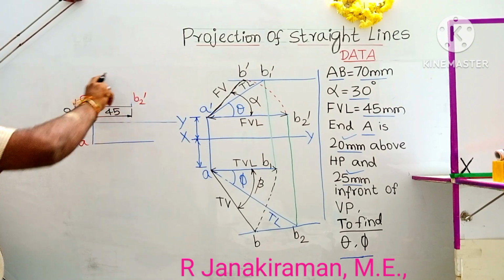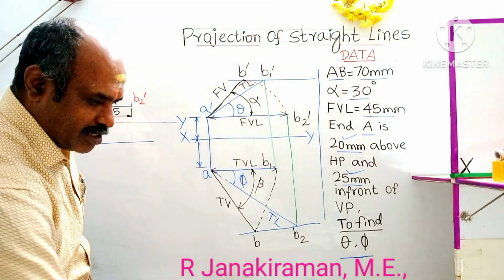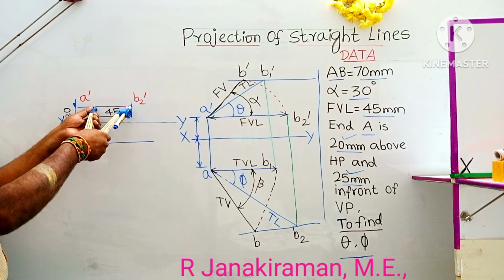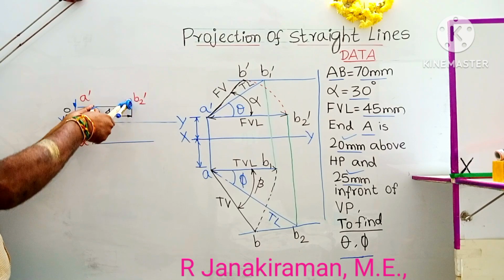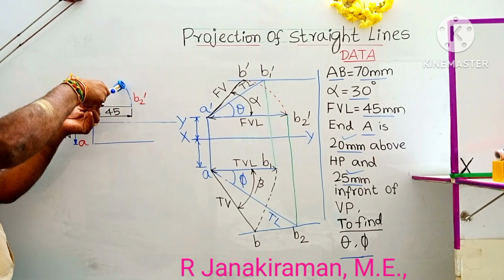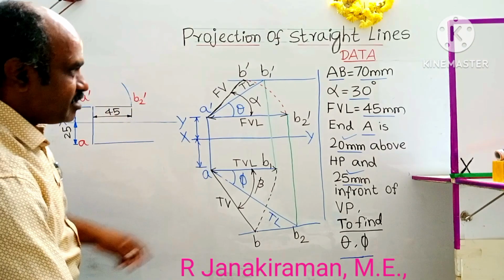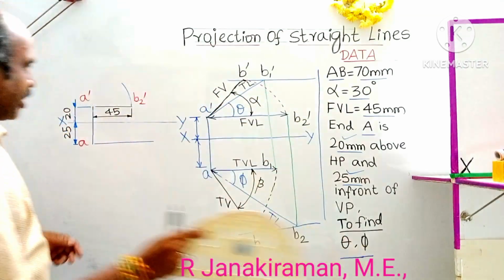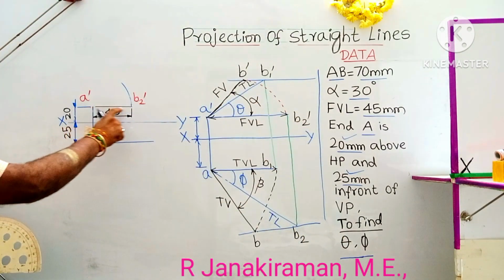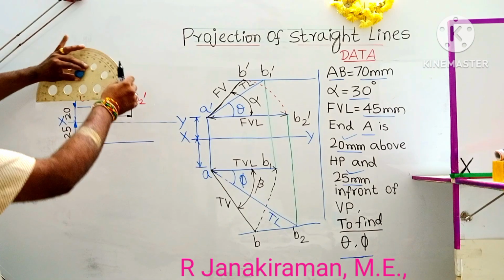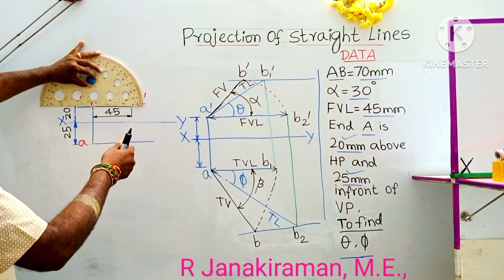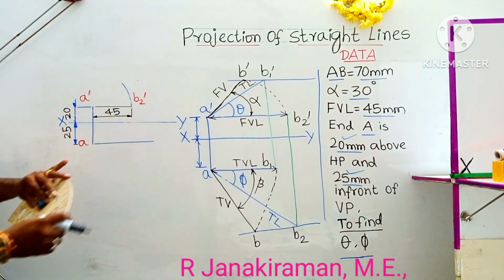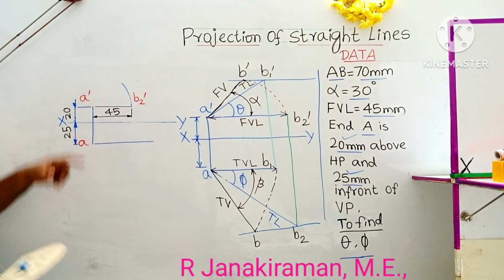Draw an arc upward using a compass with the A dash as center and A B2 as radius. So this upward arc is drawn. Next, this alpha is given as 30 degree. Take a protractor with A dash as center, A B2 as 0 degree horizontal. Keep the protractor like this, mark an angle of 30 degree, reading 0, 10, 20, 30, and put a point. Join the marked point with the A dash